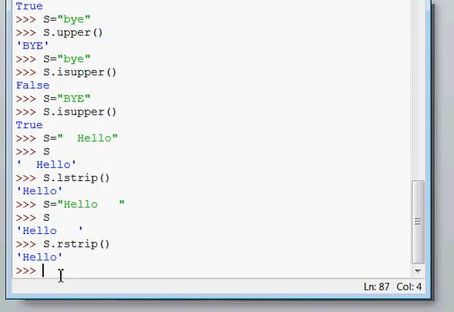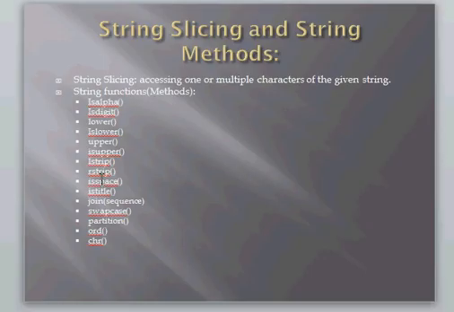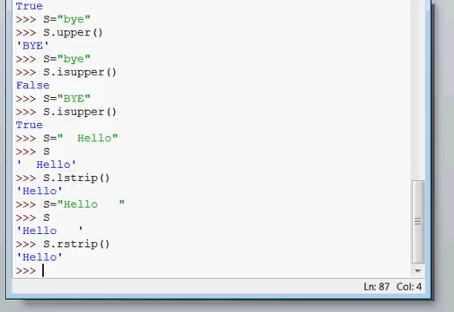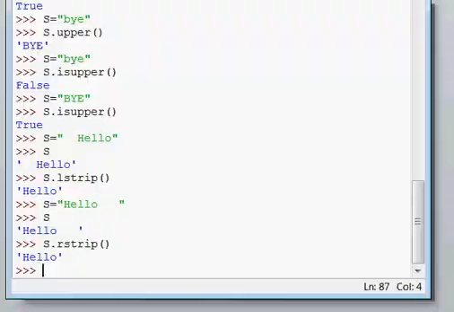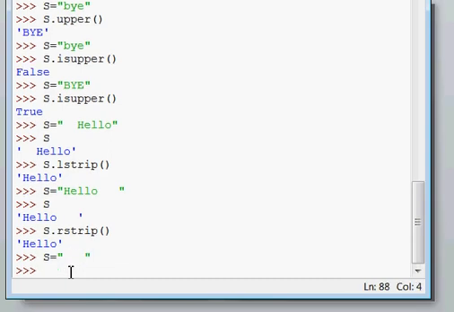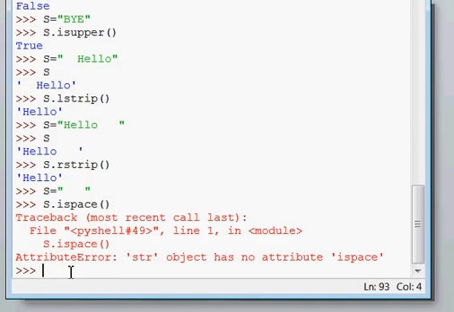So there is one more function, that is isspace. Isspace will check whether your string contains all spaces inside it. If you say s equals to inverted commas with spaces inside, and then you use s dot isspace, then it will give true for your case.